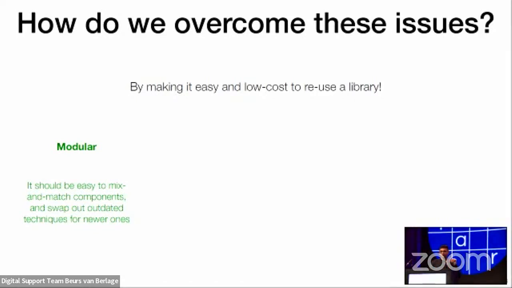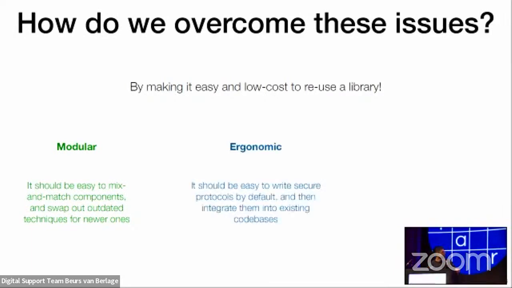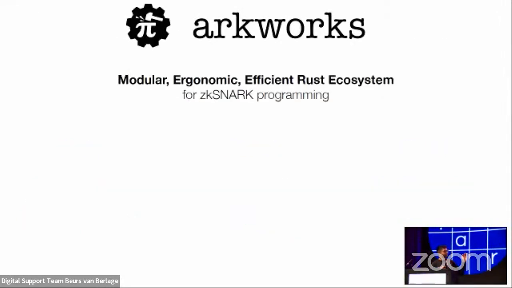So if they want to use just the elliptic curves from the common libraries, they can do that. If they want to use the proof systems, they can do that, right? You want it to be ergonomic, so it should be really easy to do this correct, secure by default thing, right? You don't want to end up with insecure protocols, and it should be easy to integrate these into existing code bases. And finally, you don't want to sacrifice efficiency, right? These ZK SNARKs are super expensive, so you want it to be easy to get performance that matches the best hand-tuned implementations. All right, so these are all lofty goals, and this is exactly what we try to achieve in arkworks. So we set a high bar.